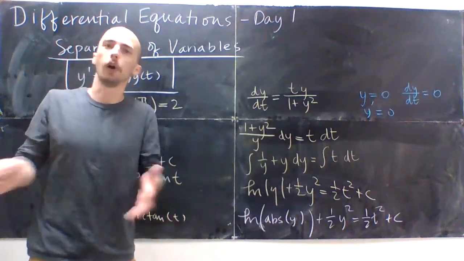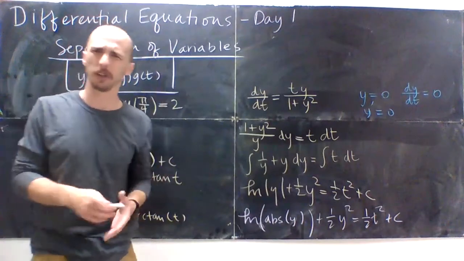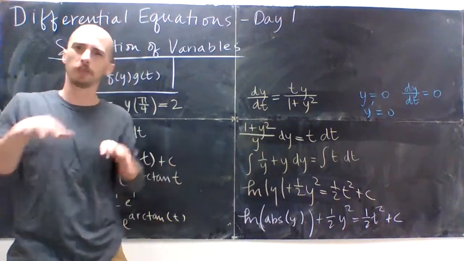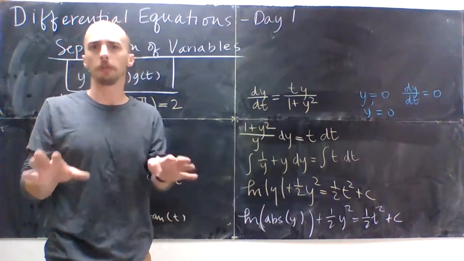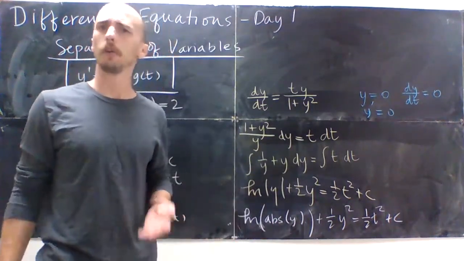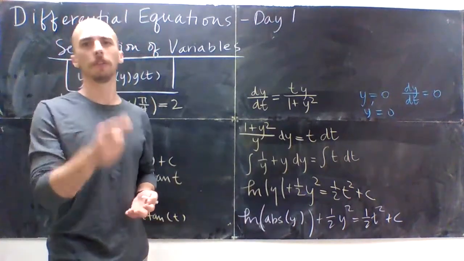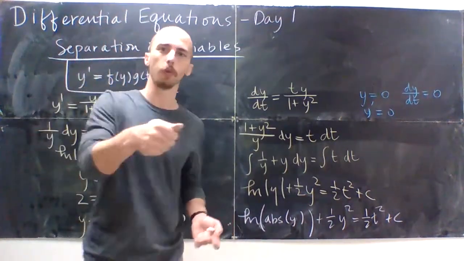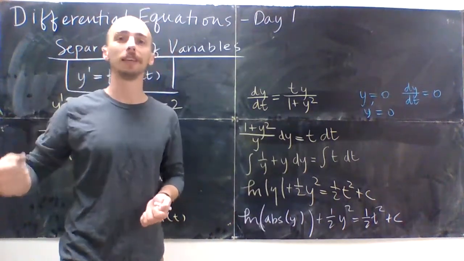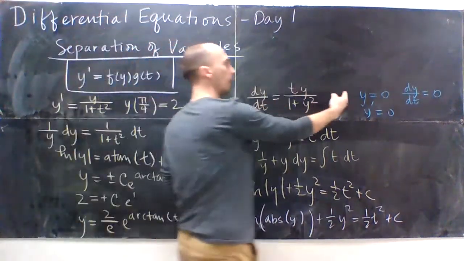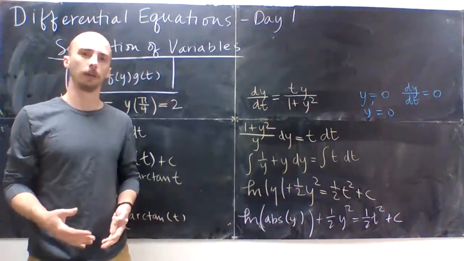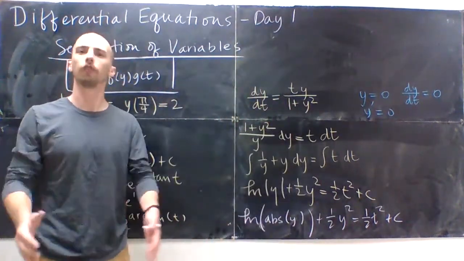And then I feel like you can click on the slider and increase the range of c. I would recommend you zoom in on the curve or on the picture, and then let c get pretty negative. It goes negative 10 to 10. Let it go maybe negative 100 to 100. And then you can make the jump a little bigger. And then slide that slider all the way back, as far negative as you can make it. And you can see that the solution y equals 0 is the limiting case here as c goes towards negative infinity. And we'll have more to say about these other solutions and all sorts of stuff about differential equations